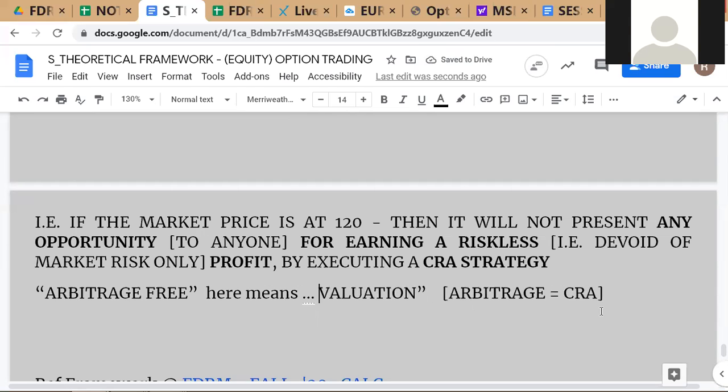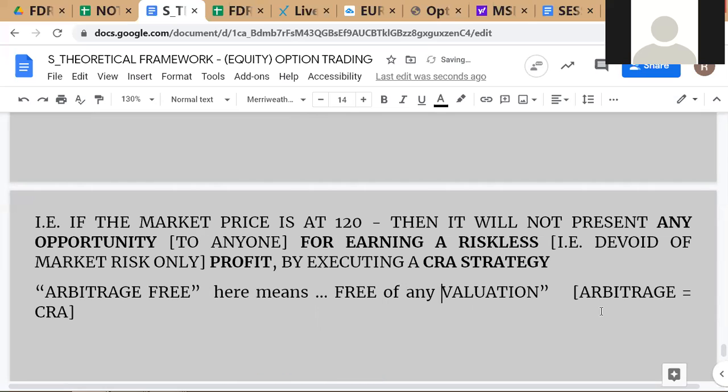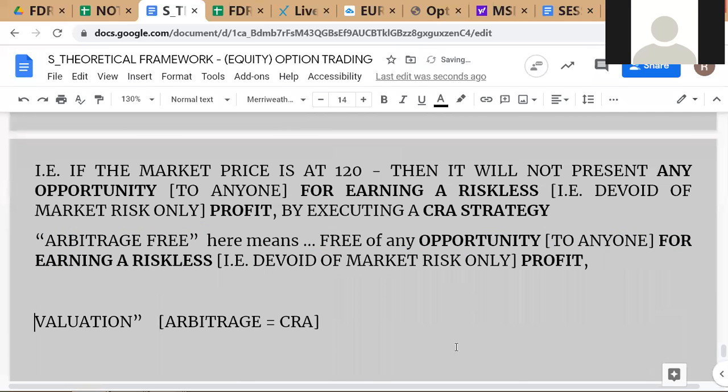So why the expression arbitrage free? Free of any, free of, means